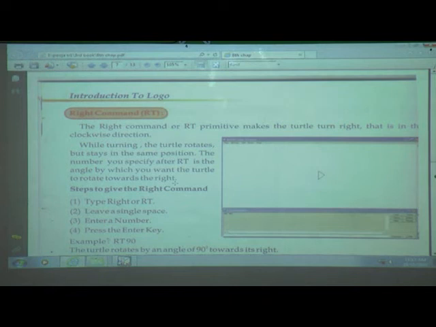And what is the use of RT? To turn the turtle to the right side, but the turtle remains in the same position. It will not move forward or backward. It only turns.